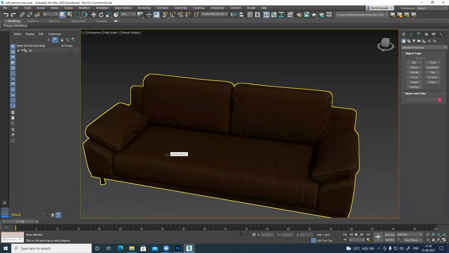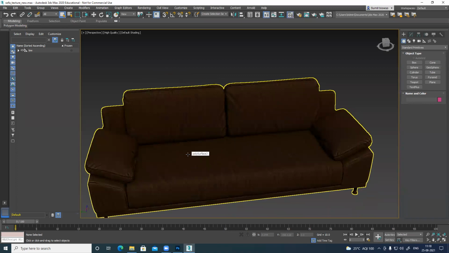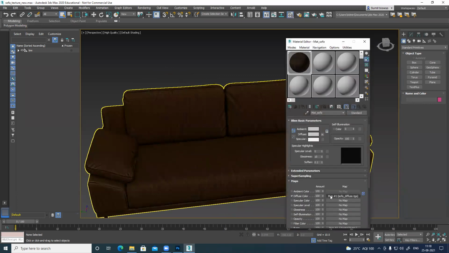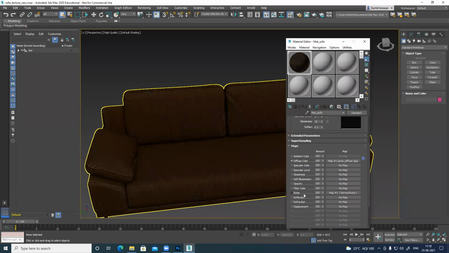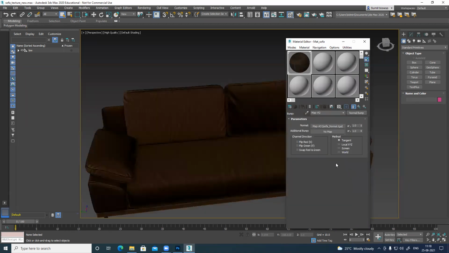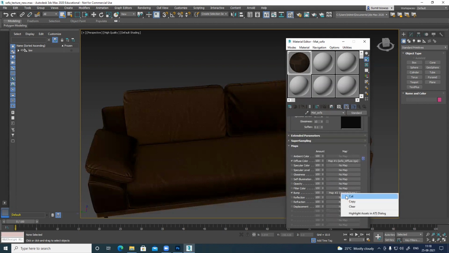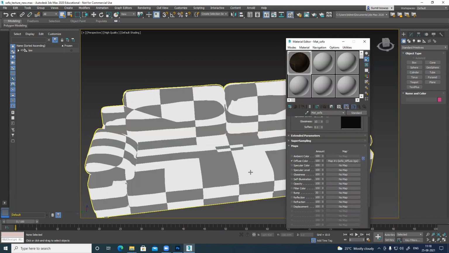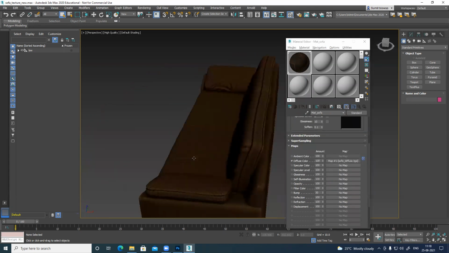Normal. That normal map, you have to press M, go to bump, make sure you activate your bump and make it 100%, and make sure to apply, then click on normal and assign the normal map. This is normal bump. If I want, I'll show it once again. Right click, clean. It's gone. Nothing is there. This is the basic shape.